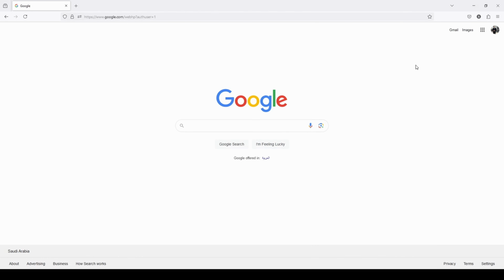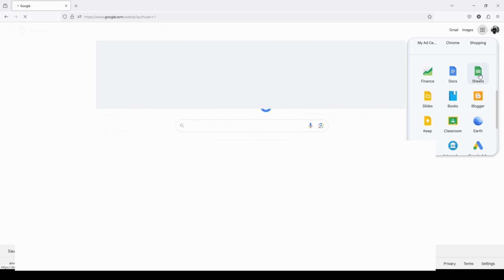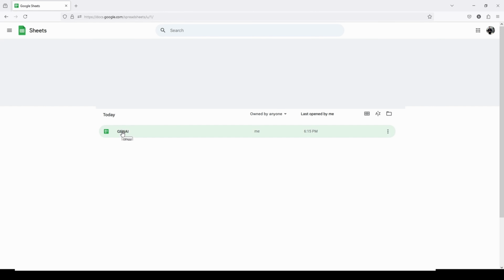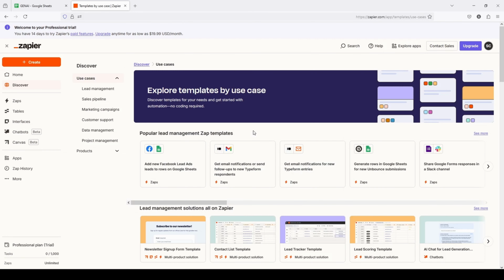And now I will create a Google Sheet. So I will go here into Sheets, and I have created a Google Sheet named Gen AI, and it has 4 attributes: name, email, phone, and complaint, and the sheet name is user info. And then we will open zapier.com, and once we log in with our Gmail account on Zapier,